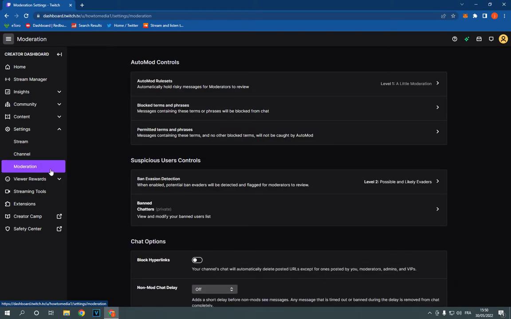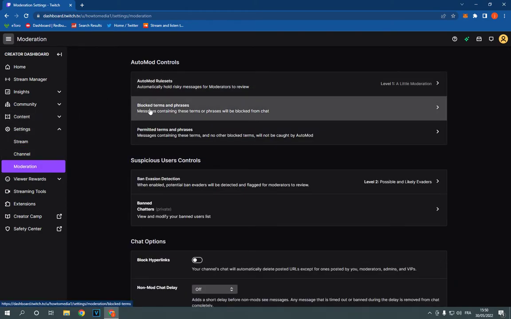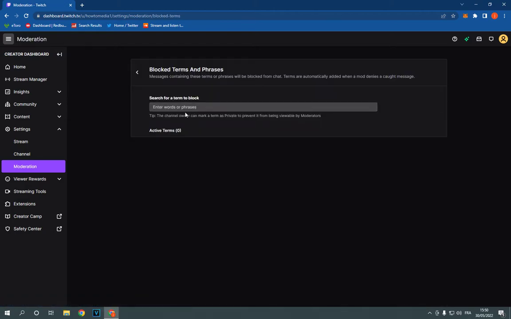After you click on moderation, click on this second option, block terms and phrases, and here as you can see you can add the phrases that are going to be blocked. And yeah,